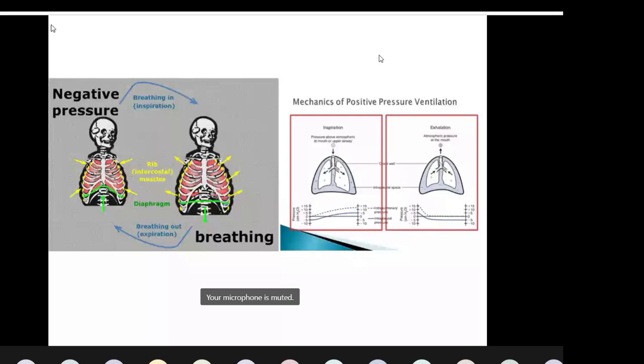So positive pressure will reduce the work of breathing and makes the patient easier. Imagine you are taking 40 breaths per minute. It might be okay for 1 minute. After 2 to 3 minutes, you feel you are not feeling well. After 5 minutes, you are definitely going to feel bad, because increased work of breathing means you have to increase